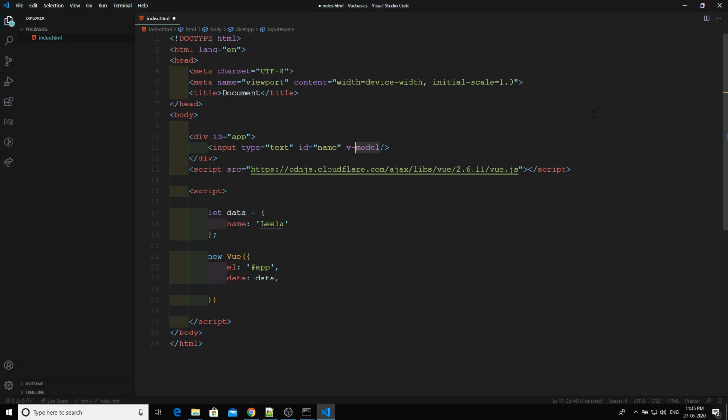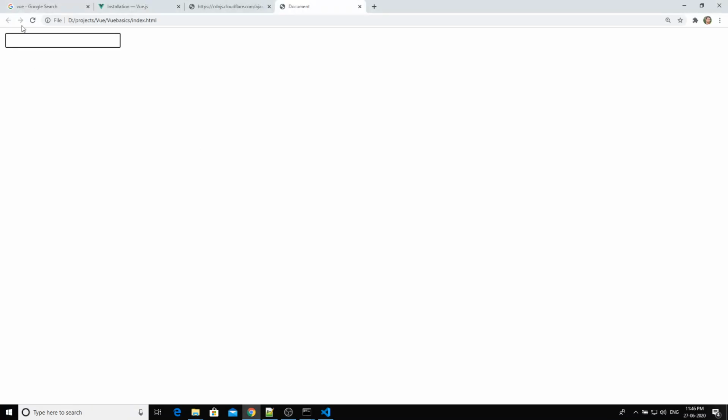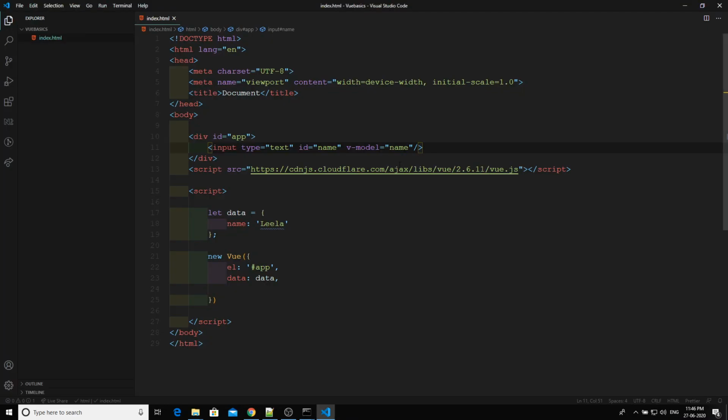Just remember, all the directives will be prefixed with v, as it is Vue.js. I will give the variable name: v-model is equal to name. Now I will refresh here. See the magic, what has happened. The name appeared in the input box.